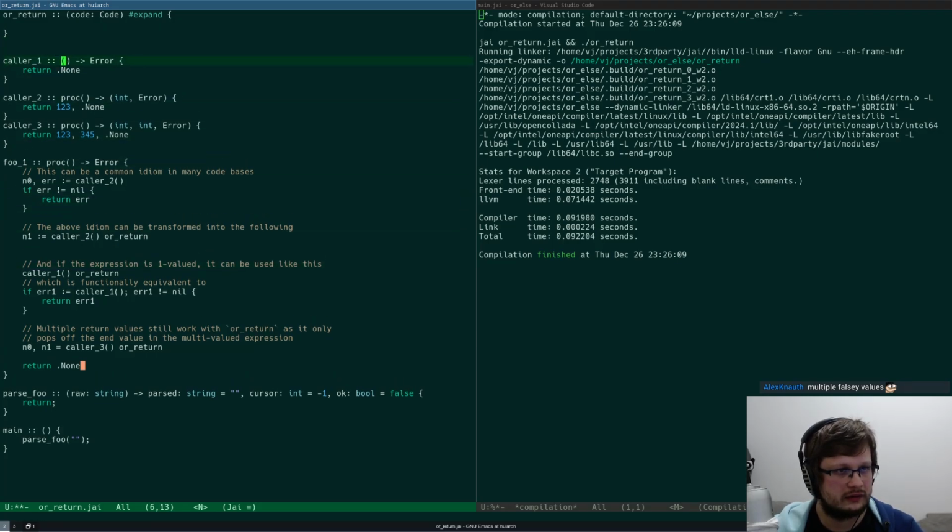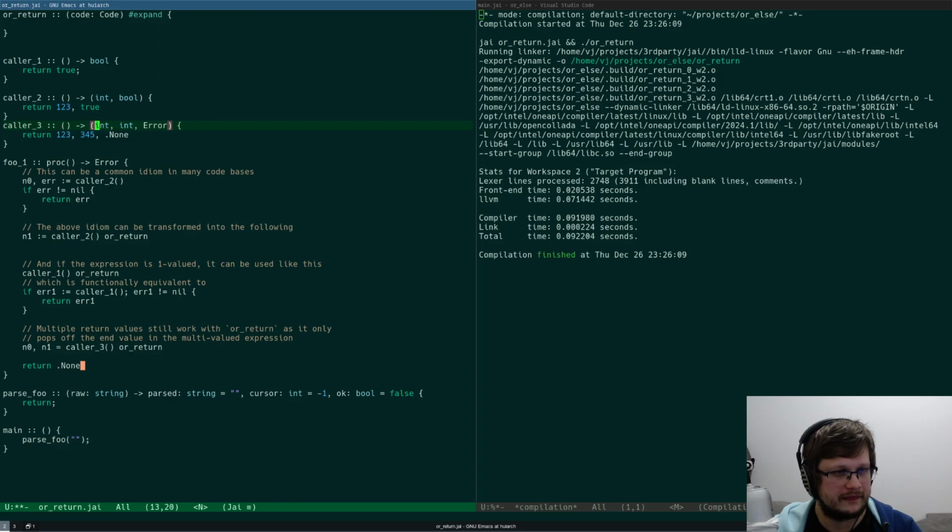Color 1, like as bool. Return like that. Color 2 returns int and bool, and return this and true.